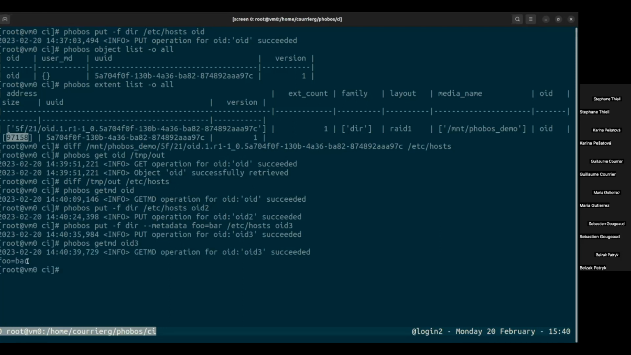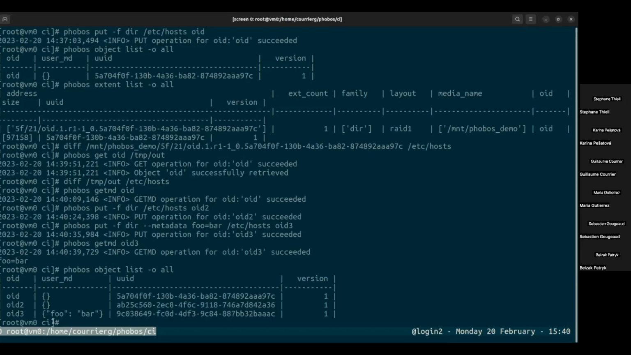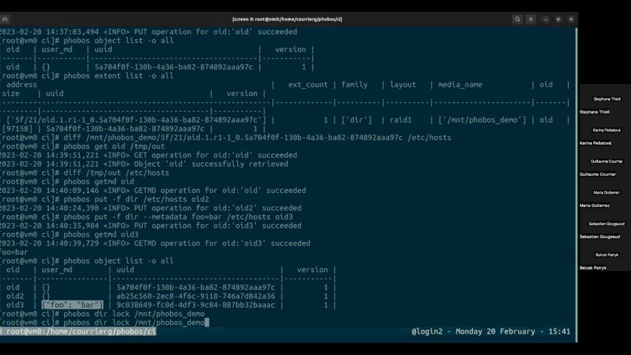Right, so you have the metadata back. And you can also see that metadata here as well. So I think I showed you the basic commands. Maybe I can show you what the lock command does. So if I lock my directory and then I try to write an object,